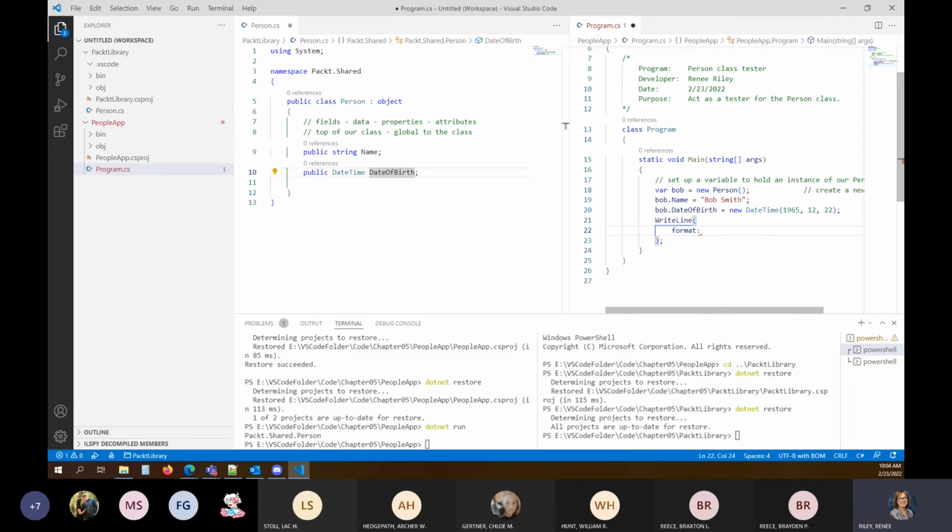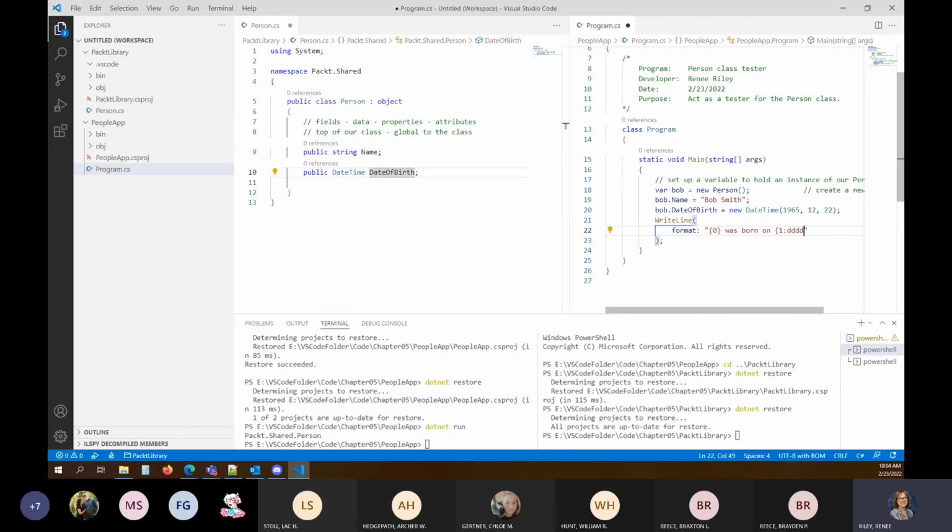Format, colon, and we're going to use parameter replacement here using a 0 parameter. Bob was born on, and then our 1 parameter, we're going to do some special formatting.